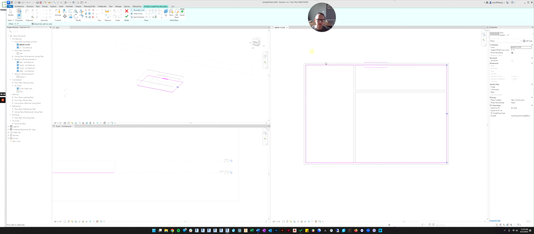So by default, it's going to let you pick the walls. And if you look over here on the menu, you can see that by default it's highlighted the pick walls tool. But like when you were drawing walls, you can move it up to the line command and you can draw different lines.